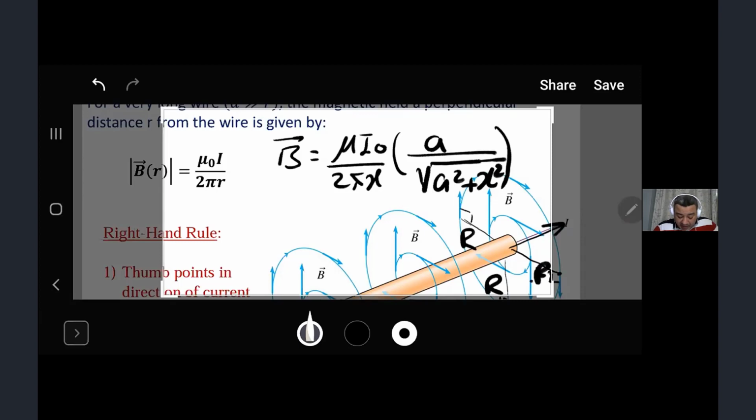Basically, that's the radius. Now, if I substitute alpha with infinity instead of integrating from minus a to plus a,